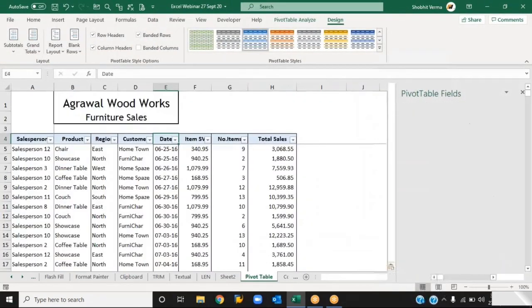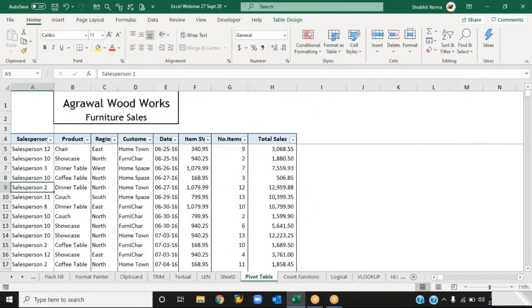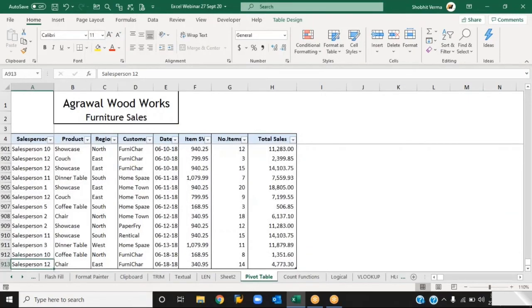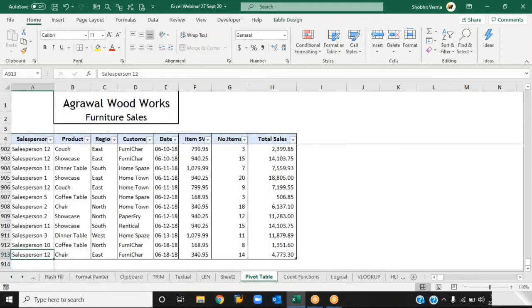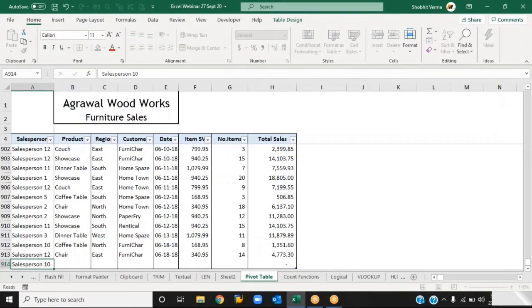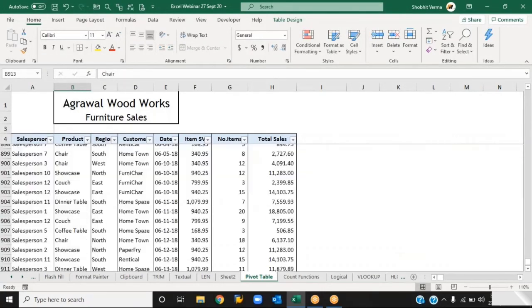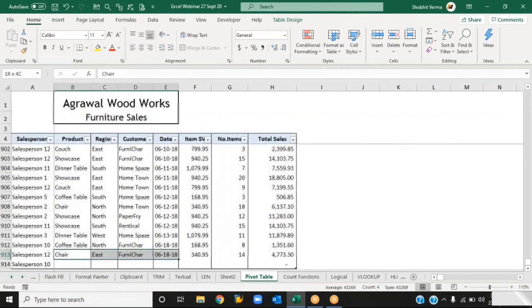And for the benefit, before preparing the pivot table, you should convert your main data into a table. Suppose I enter salesperson 10, and I simply copy this.